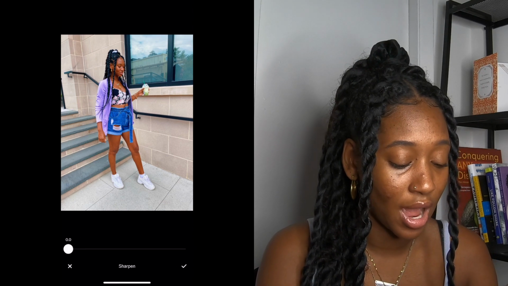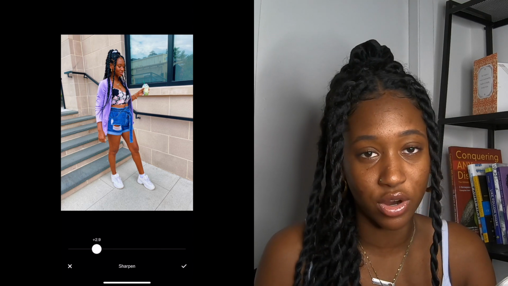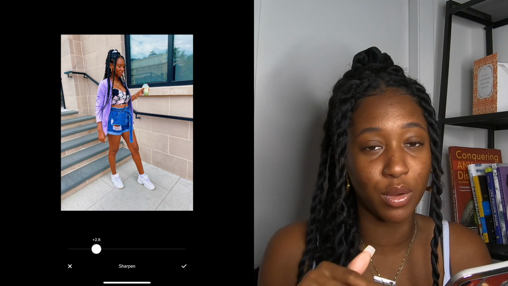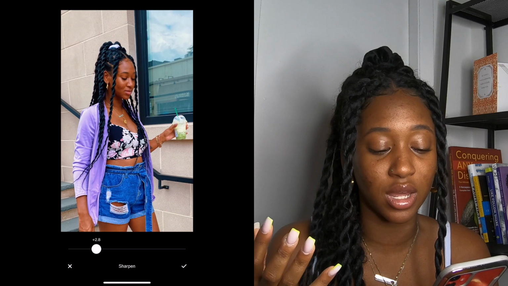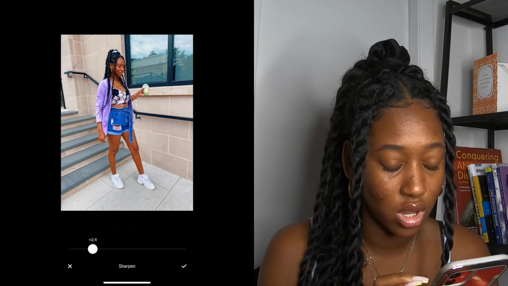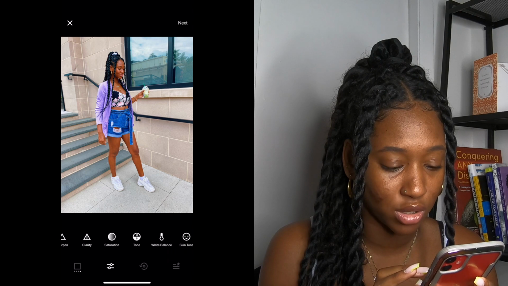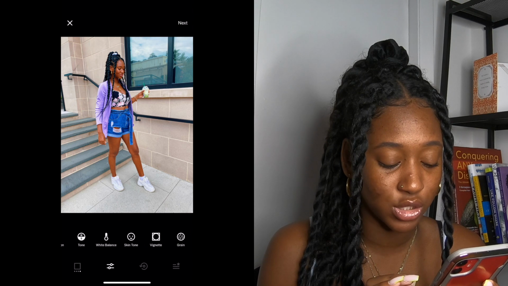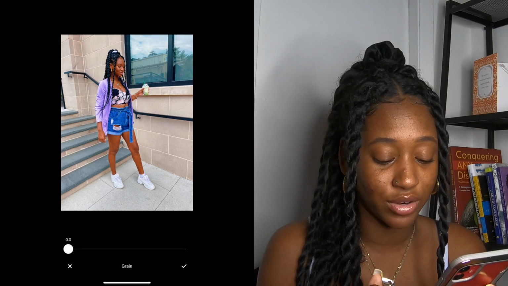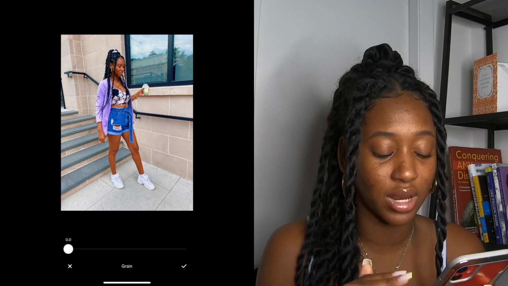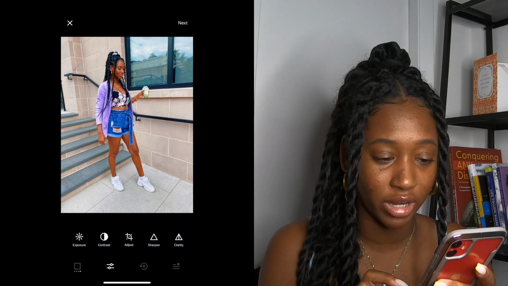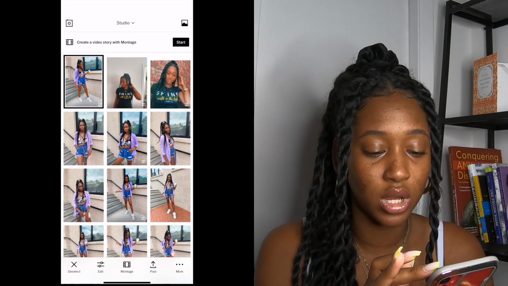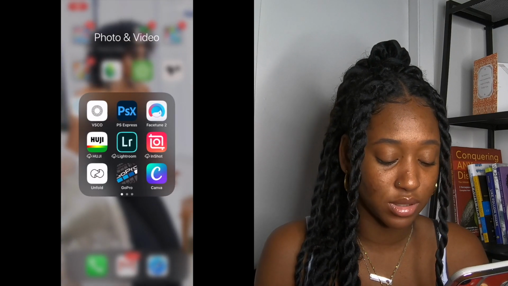And you click check. I always sharpen my photos because the quality of Instagram photos is usually reduced. So I make sure it's sharpened so when it's uploaded on Instagram, it's not looking dull. So I sharpen it to about 2.5. For the rest of these things, you can play around with it, but I never go too far with it unless it's the aesthetic for the photo. I would like it grainy, but that's not what I'm going for. I want it bright and airy, pretty much toned. So this is all I'm going to do in this app. I'm going to click save,